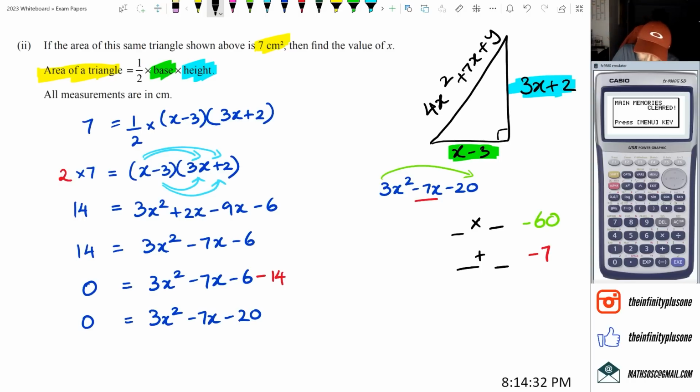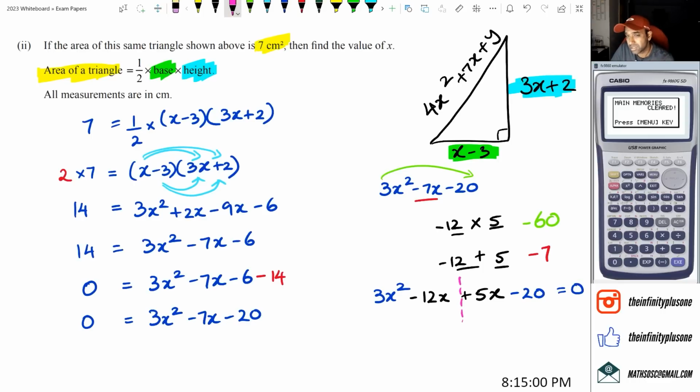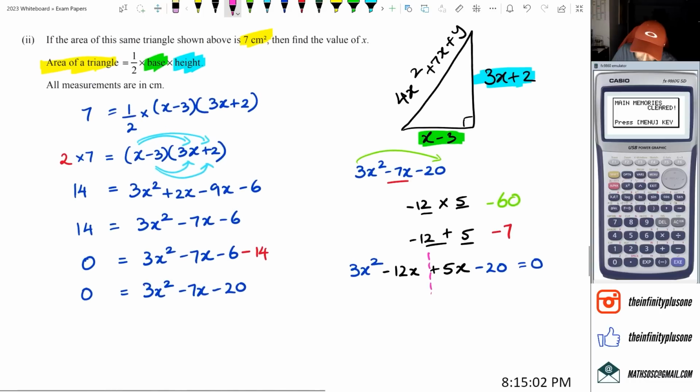So 12 and 5 is what I'm looking for here. Negative 12, positive 5, negative 12 and positive 5: negative 60, negative 7. Yeah, that looks right. So then I'm going to have 3x squared minus 12x plus 5x minus 20. Now remember, all of this is equal to 0. And then I've got to split the two terms. I'm going to factorize the left-hand part of it,